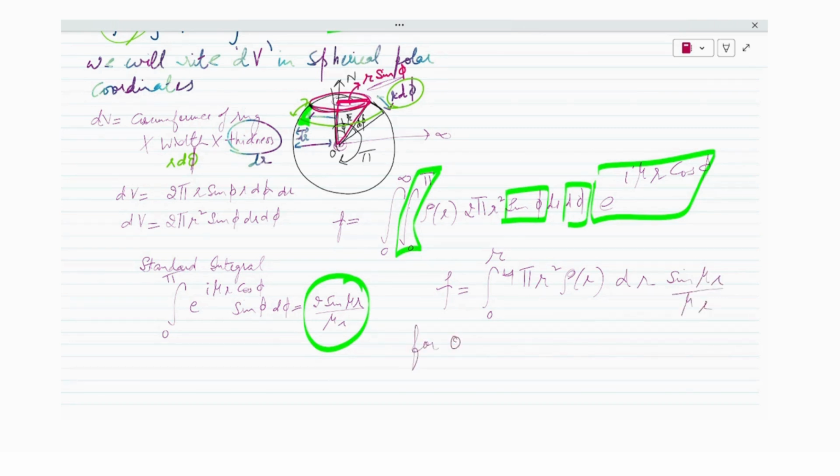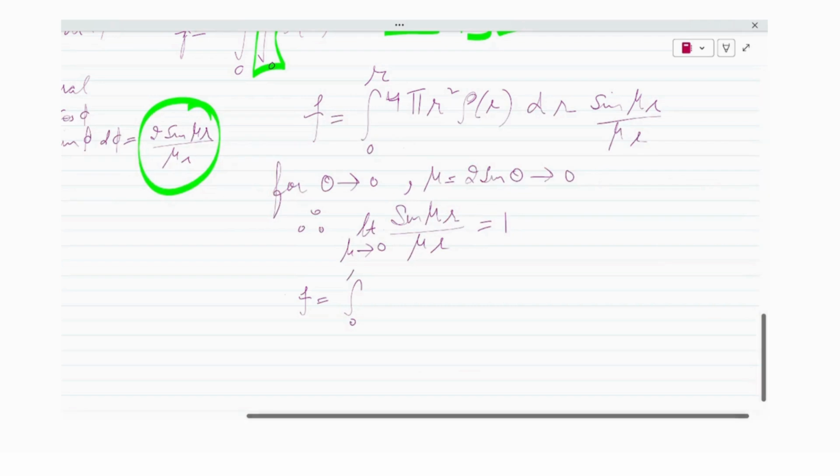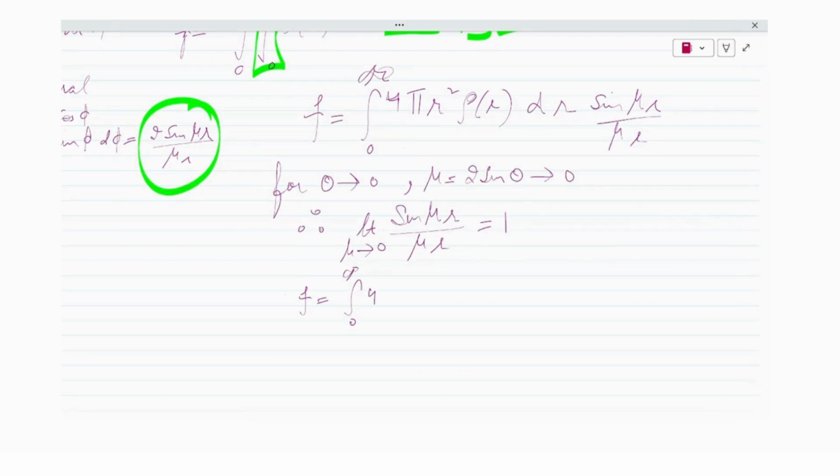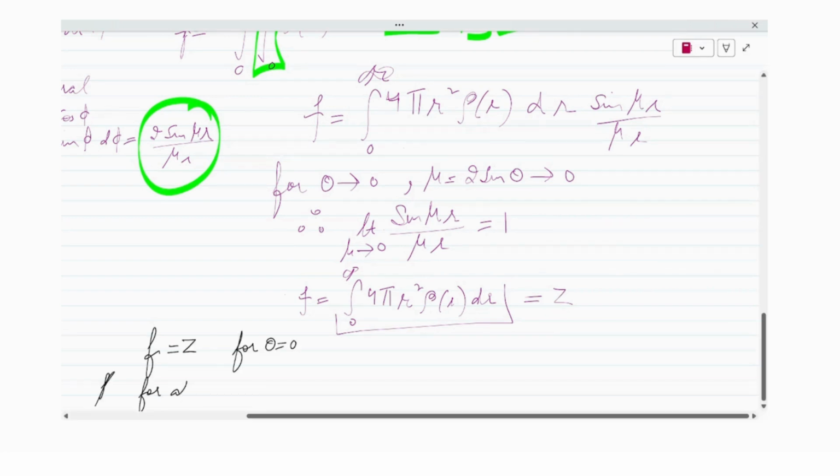Now for the special case, that is theta equals 0, mu will be 4 pi by lambda sin theta, which is 0, and sin mu r over mu r with the limit mu going to 0 will give 1. So hence the expression for F will reduce to 4 pi r square rho r dr, which is actually what? Z, that is the total number of electrons in the sphere. So we concluded that F is equal to Z for theta equals 0, and for